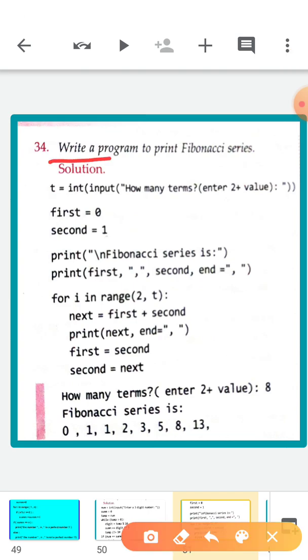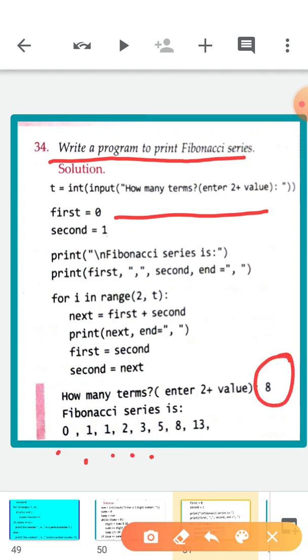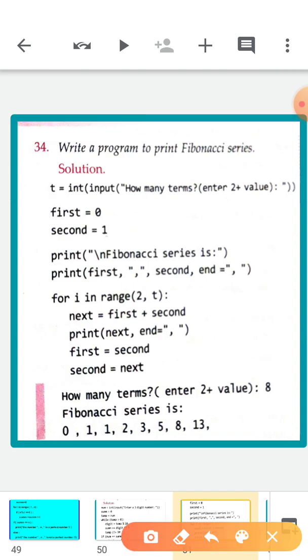Now write a program to print the Fibonacci series. So how many terms do you want in that? We need 8 terms. So 1 2 3 4 5 6 7 8. Okay, 8 terms are there. Now first is 0, second is 1. In the Fibonacci series, the first number we need to print is 0, the second number we are putting 1.